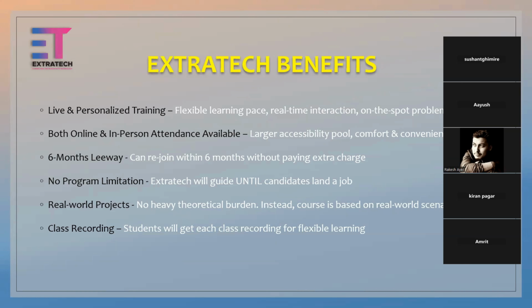Number five, the course heavily focuses on real-world projects. Our Jobberry program emphasizes practical hands-on learning through real-world projects. What does this mean? This means that there is no heavy theory like at universities. When you go to university, you learn about the history of AI, who invented AI, who was this person, who was that person, all of these heavy things. All of this is completely eliminated.